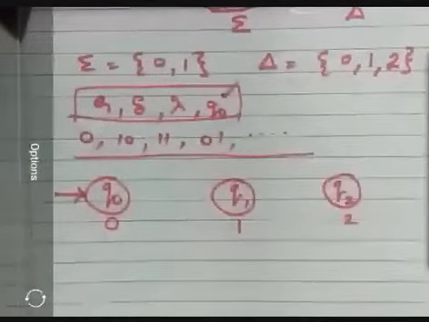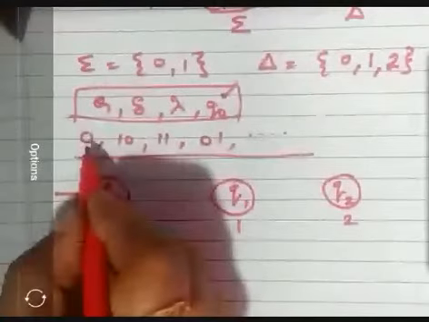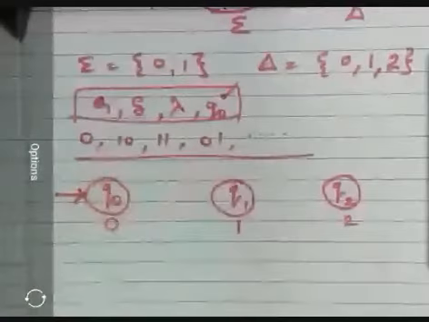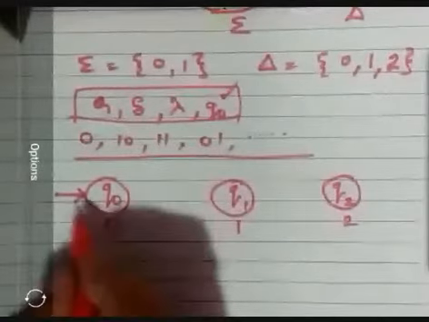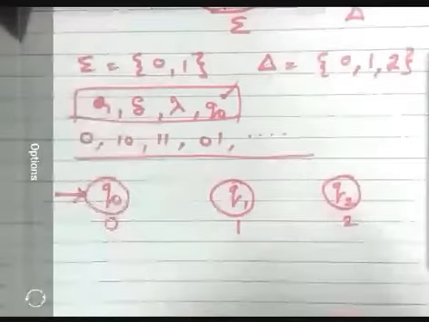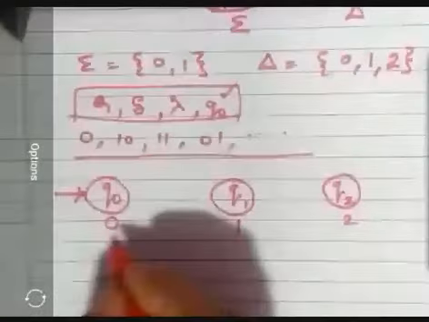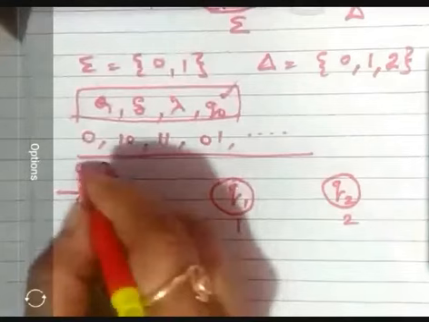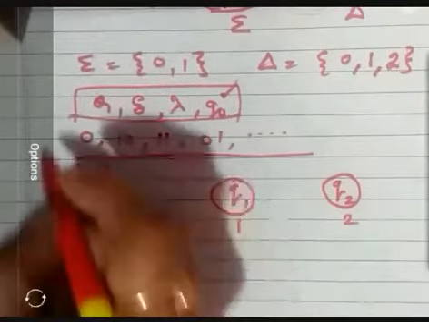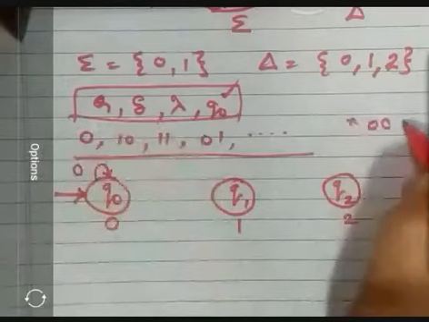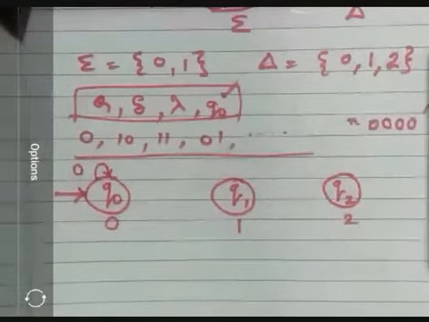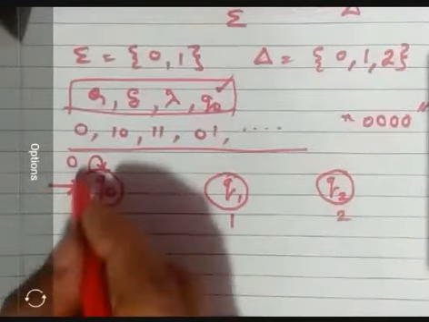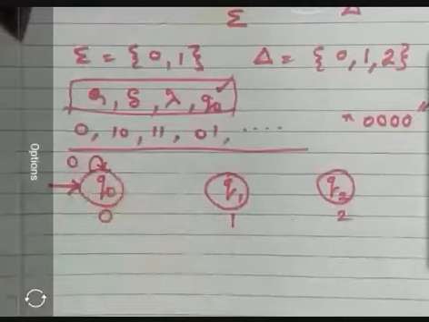Now, when our input is 0, if we divide 0 by 3, the output will be 0. So whenever the input is only 0, it should give me output 0. If I give any number of zeros, like 0, 0, 0, 0, this is equivalent to 0 only, so any number of zeros will give output 0. So for this, the designing is over.